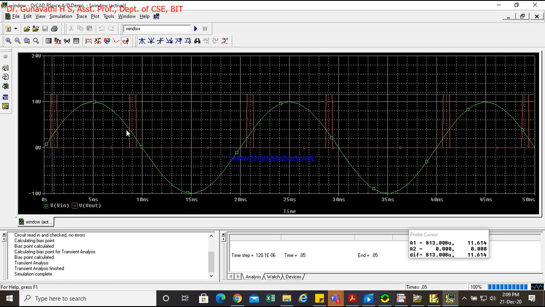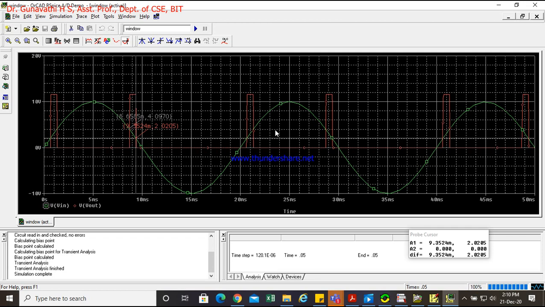But what are the thresholds? So you just choose this V in only. Then we can mark this. This is your 4.09. So your UTP, your LTP is somewhere here. So this is 2.02. So your UTP is 4.09, LTP is 2.02.